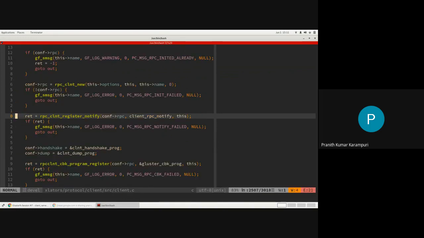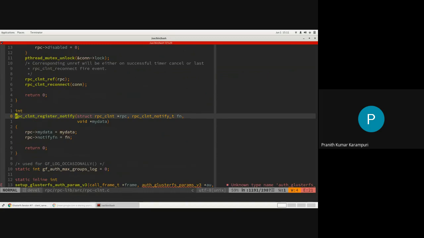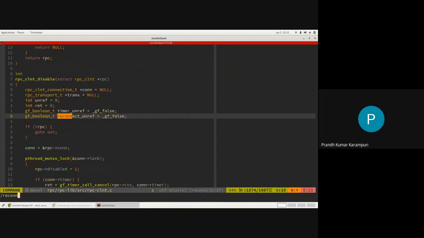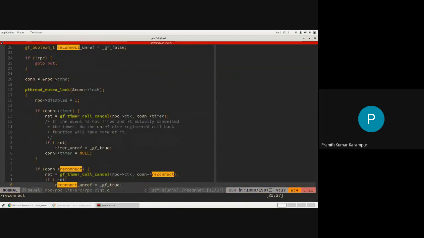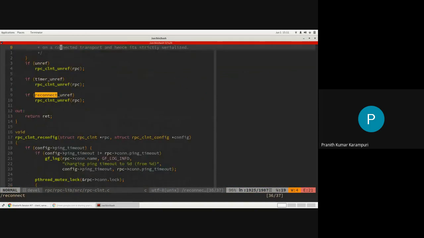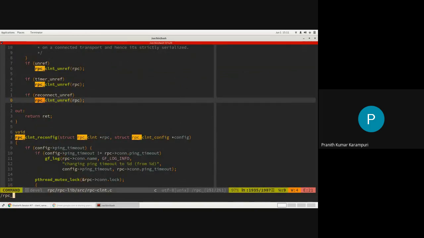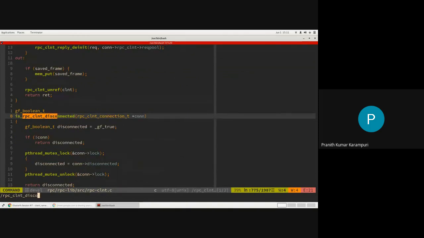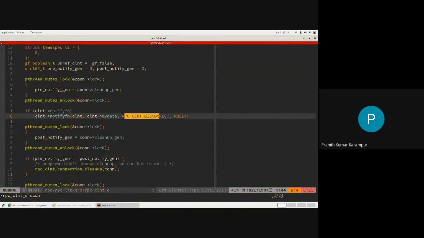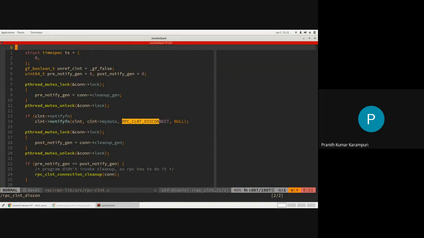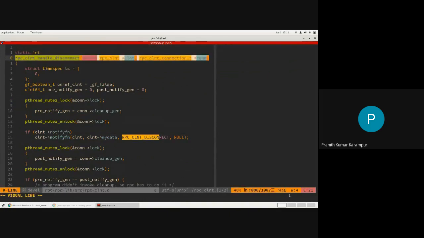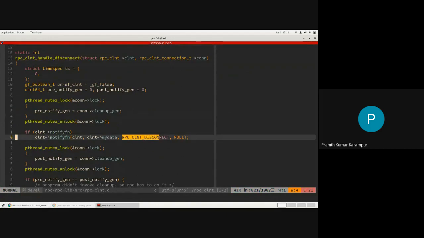So we will have to go to this rpc-clnt.c for this information. All right. So when the disconnect happens, RPC client transport notify. So this is the notify function. This is how it actually gets the RPC_CLNT_DISCONNECT into the client translator.